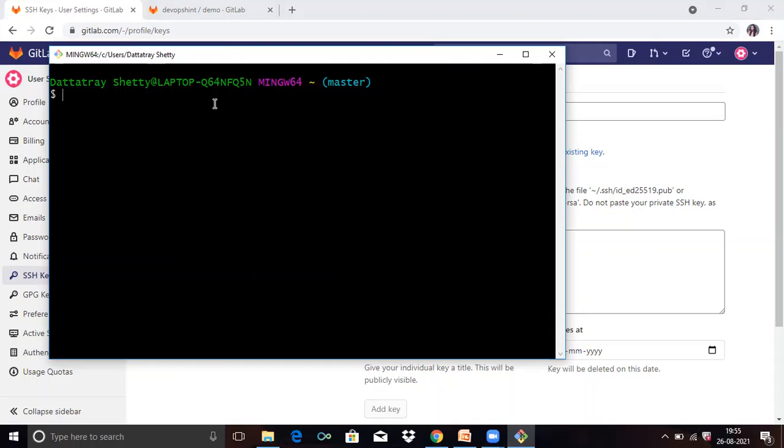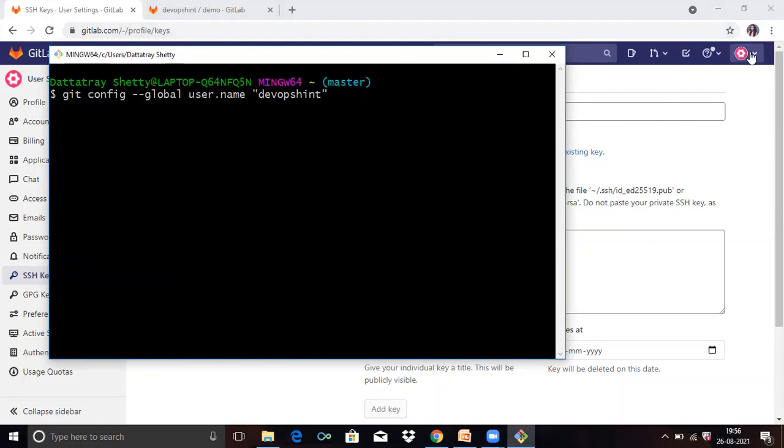So firstly run the command git config --global user.name. In double quote our username, that's DevOps Hint.